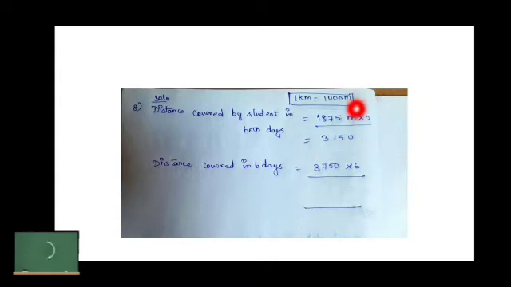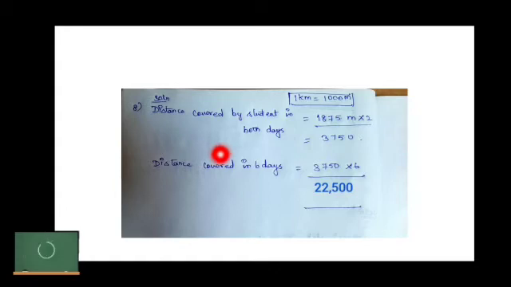First, we have to calculate for a single day, so we get 1875 into 2, which will give 3750. With this total distance, we are going to calculate for 6 days. We get 22,500 meter, which is equal to 22 kilometer 500 meter. On the whole, she travels this for the 6 days from home to school and school to home.